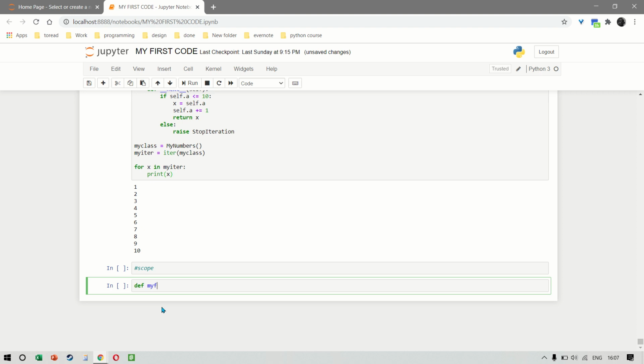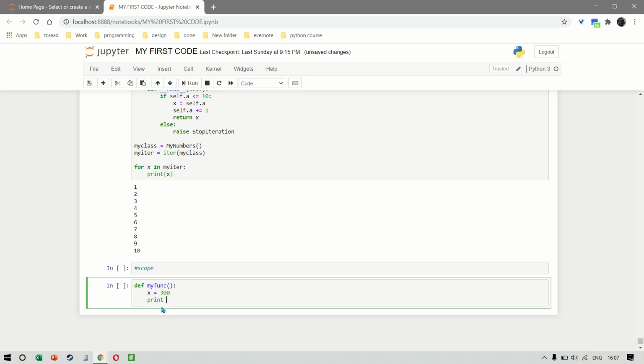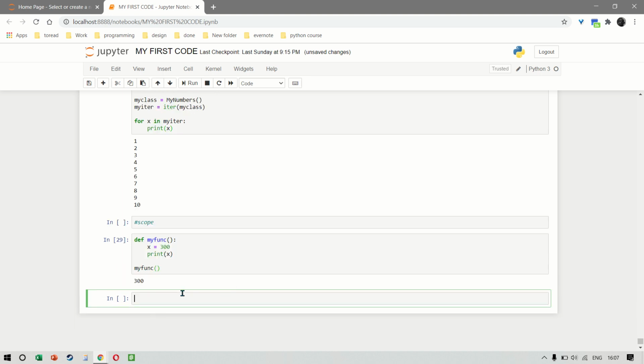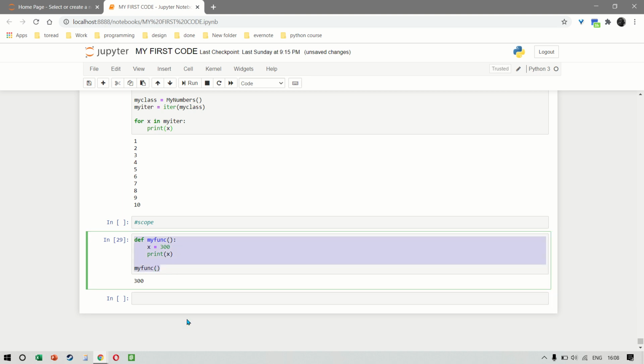For example, if we write x is equal to 300 and I say print x and we write my func, we get the result as 300, right? Now this means that the value of x will not be available outside the function, but it is available for any function inside the function, which means that